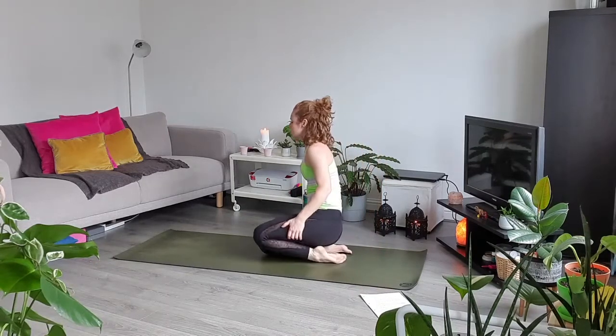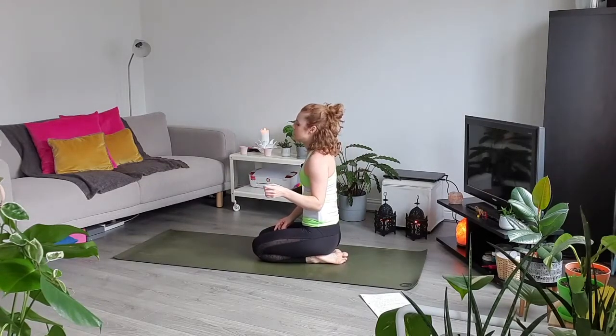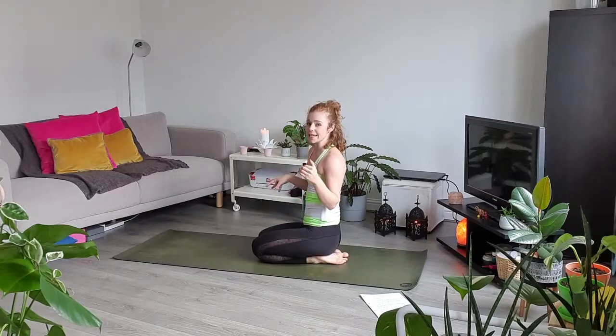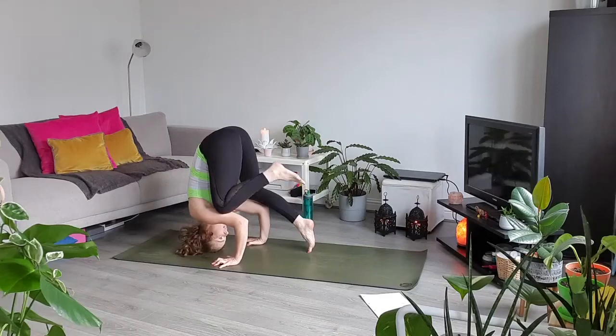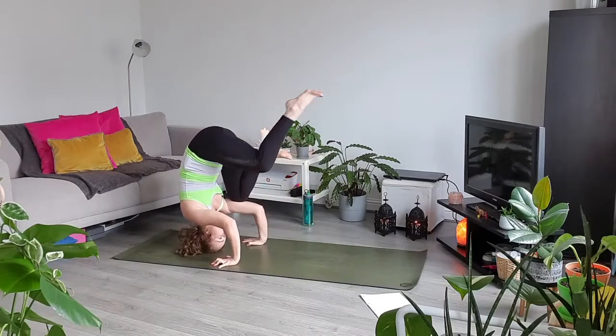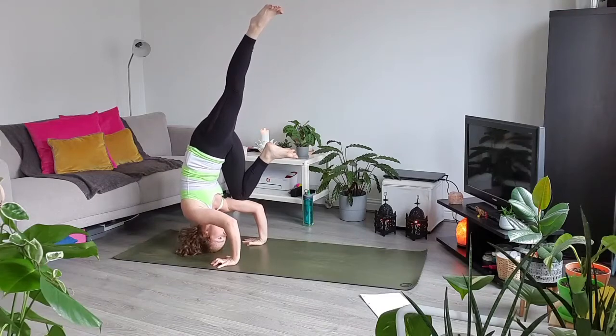Next one. Pretty much the same, but you're going to then lift the other knee up a little bit. So what that looks like is upside down. One leg lifts and then comes straight up. I'm going to reach through this top leg, drive down through my arms, lift my belly in, and see if